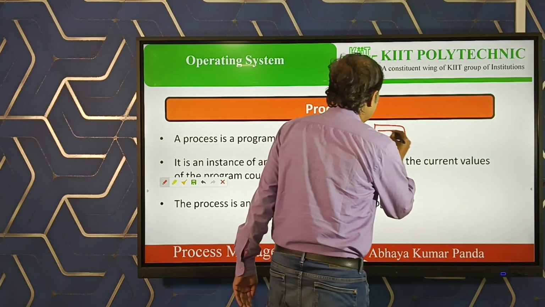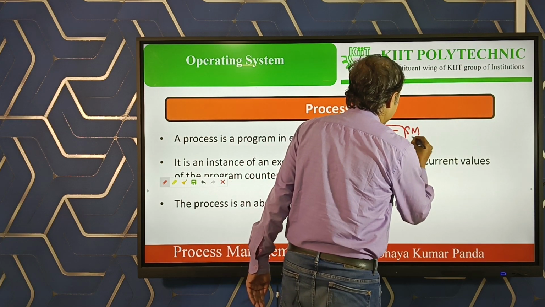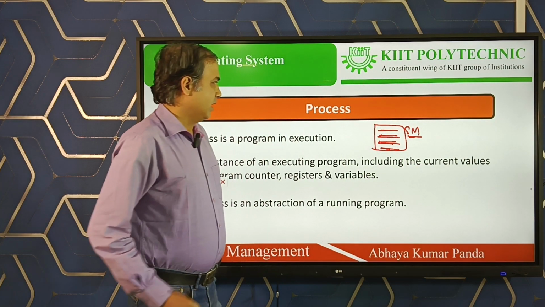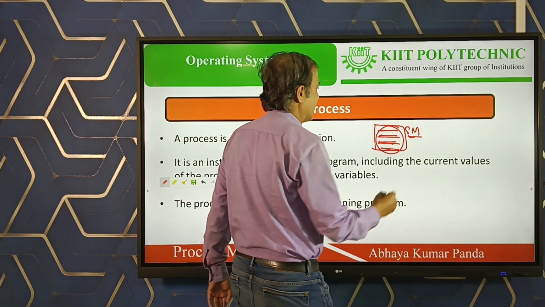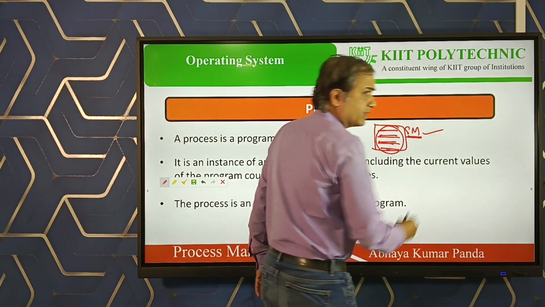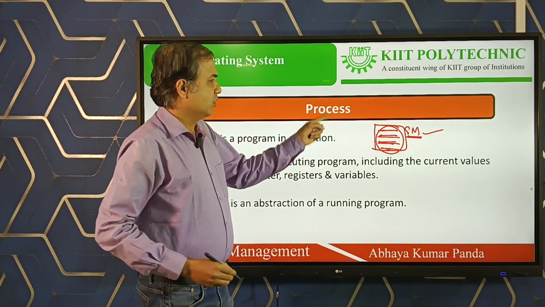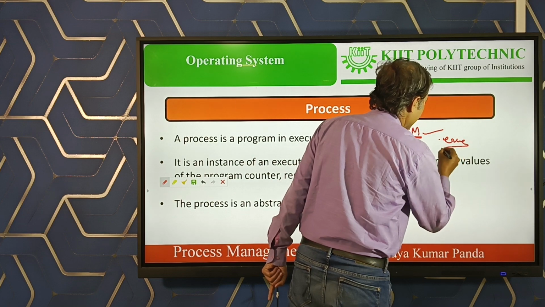When we write a particular program, it is stored in the secondary memory. Then when we want to execute it, before execution we have to compile it. When we compile these programs, they are converted into executable files, .exe files.